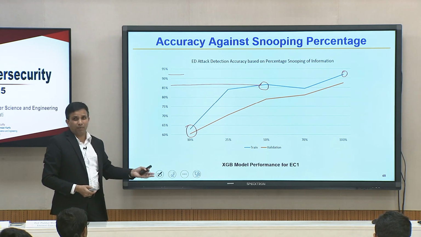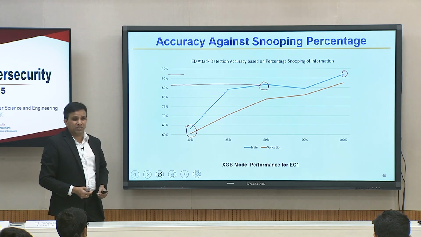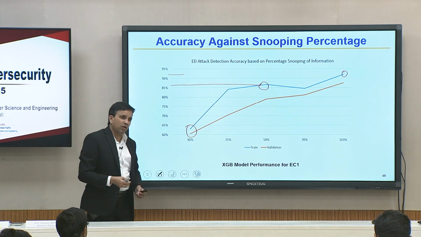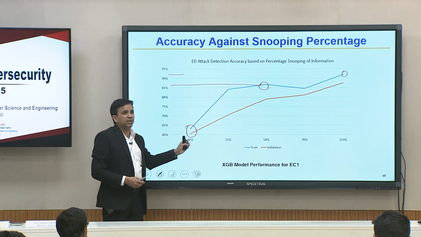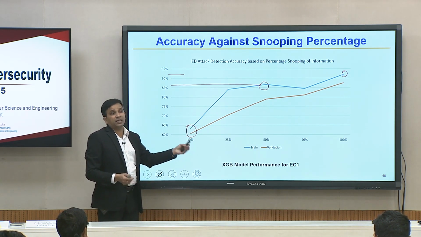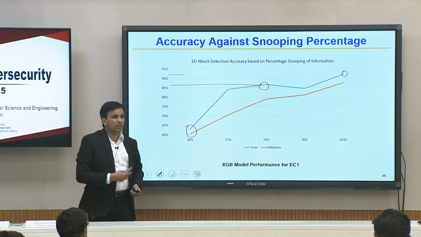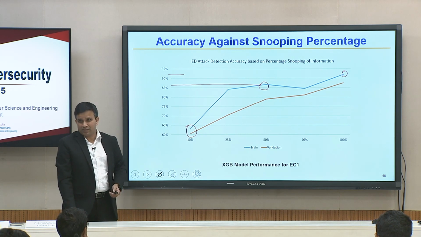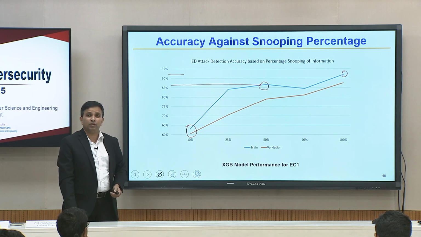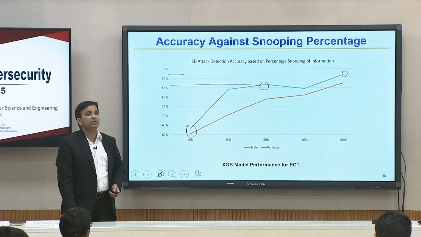So, if you want to publish a paper in this area, what you have to establish is that you can build a machine learning model that is going to consume 10% of the eavesdropping scenario, and it can still do a wonderful prediction, not 60%, maybe 70-80%. If you just get those results, that is not publishable. You have to have an intuition why machine learning, or which type of machine learning model, figured this out with such a little data.